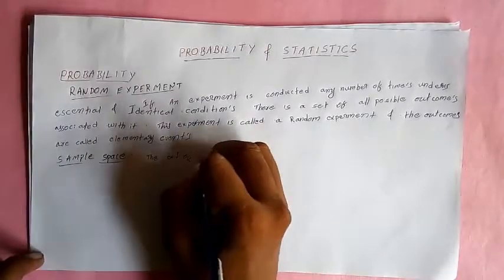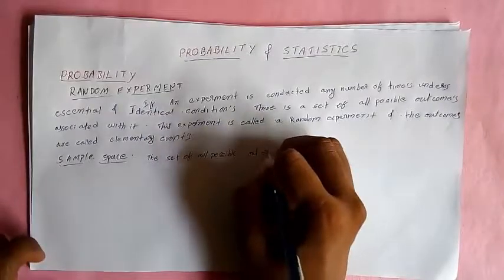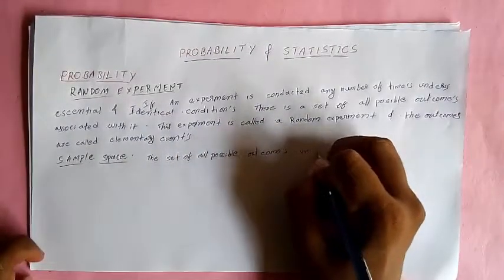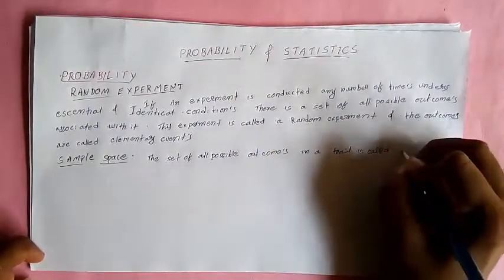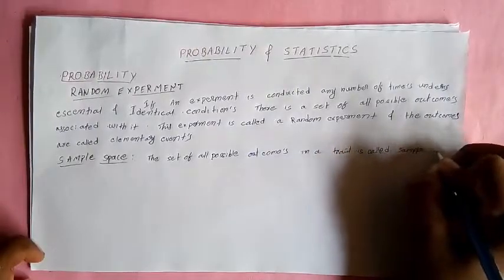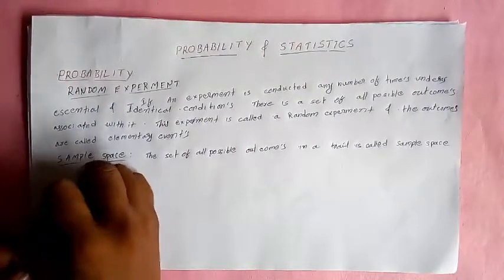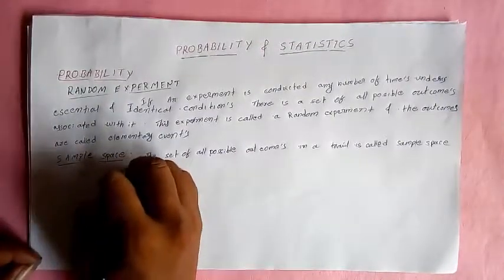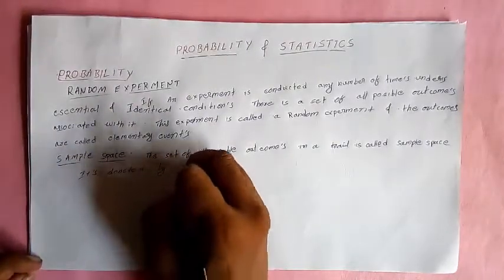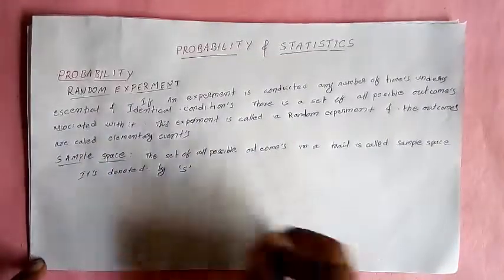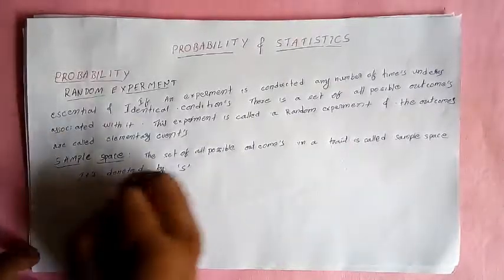The set of all possible outcomes in a trial is called sample space, and the sample space is denoted by the capital letter S, and